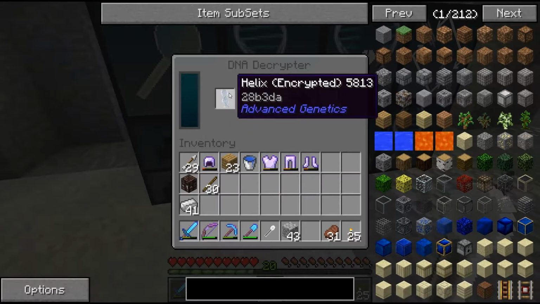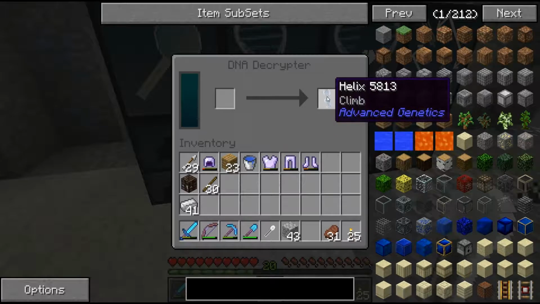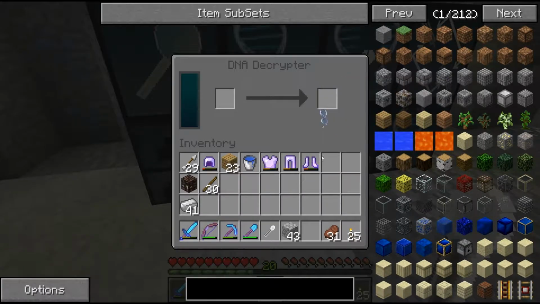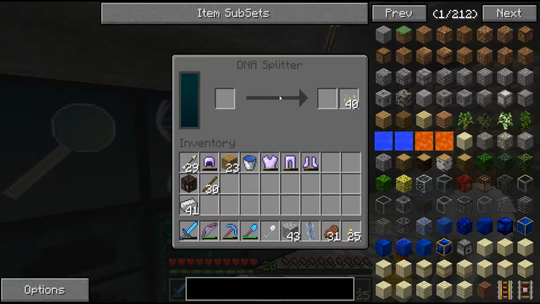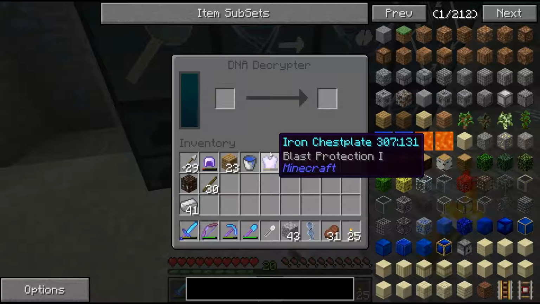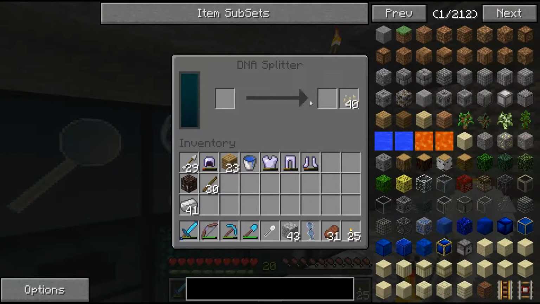So in the decryptor, because it's encrypted, we don't know what it is yet. So it'll go through, decrypt it for us, and say, oh, Helix, so we have climb. That's actually one that I have not had yet, so cool. And then in here, from the decryptor, once you know what it is, we want to split the DNA into